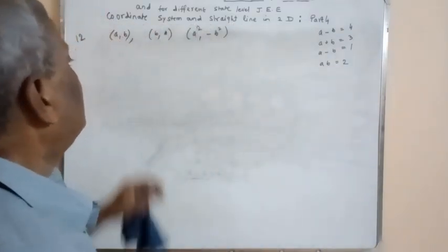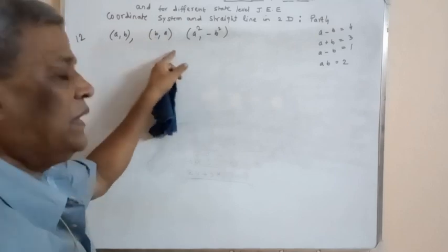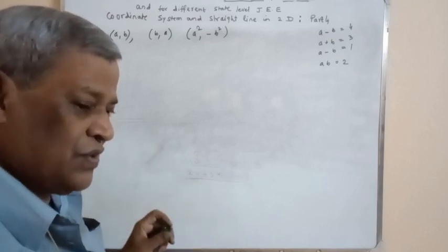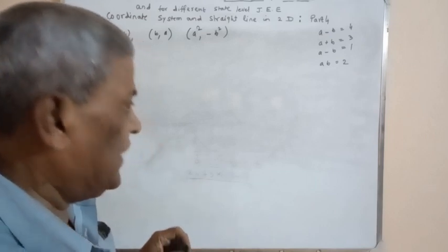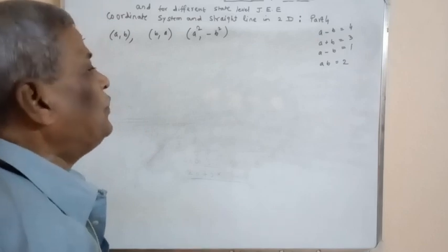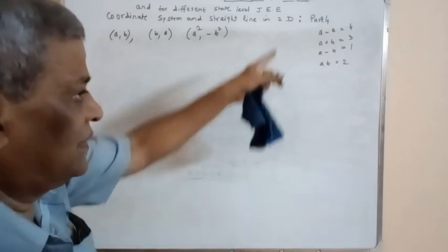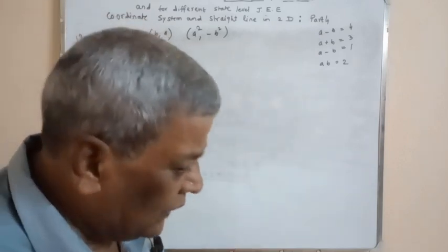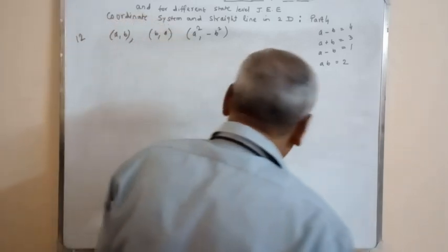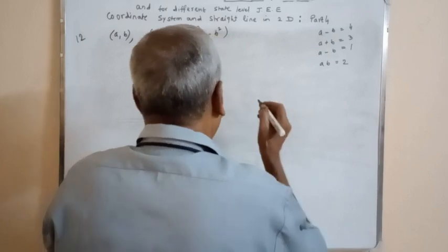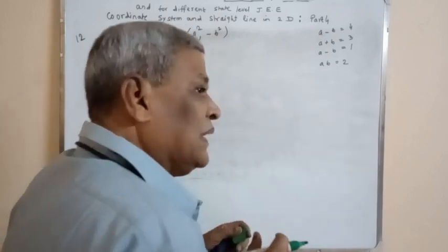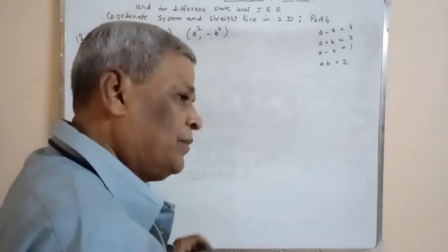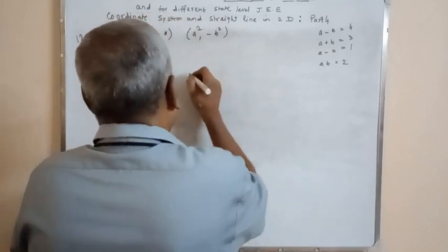The problem is 3 points (a, b), (b, a) and (a square, minus b square). These 3 points are collinear, means they are lying on the same straight line. In that case, we have to find the condition, and 4 options are there. And because 3 points are collinear, then we can say that the area of the triangle formed by these will be 0, or we can say